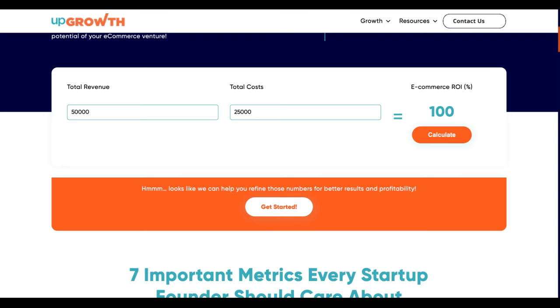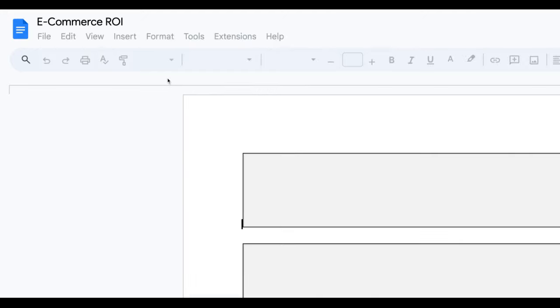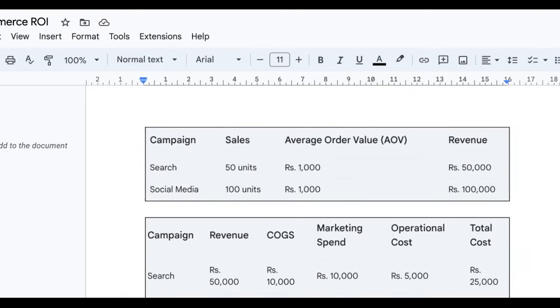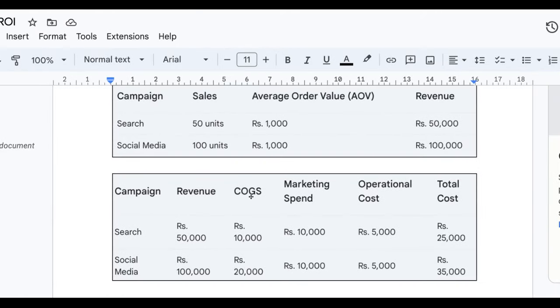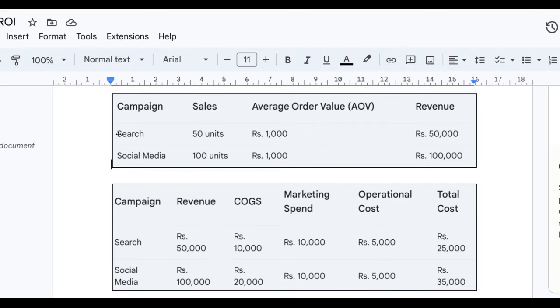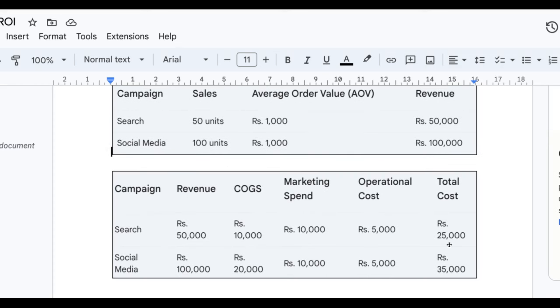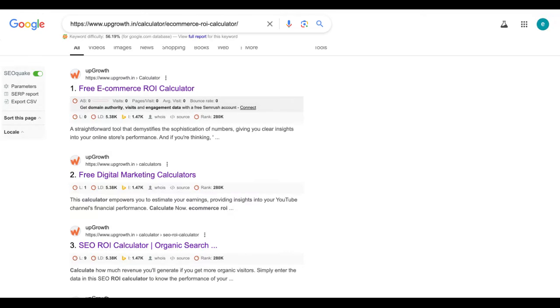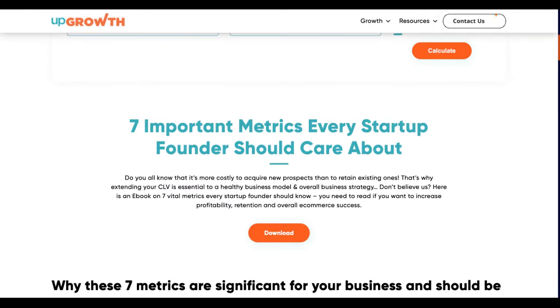ad campaign. So if you are interested in how I've come to these metrics for each campaign, social media and search campaign, you can look at this table that we've created here. It will give you a better picture. Here is a split of a table I've created for you: search and social media average order value, then the units sold, the revenue that I've generated, and the total cost that I've incurred from the campaign. You can take a snapshot of this table for your reference to understand how we've computed the value. Then let's go back to our calculator.